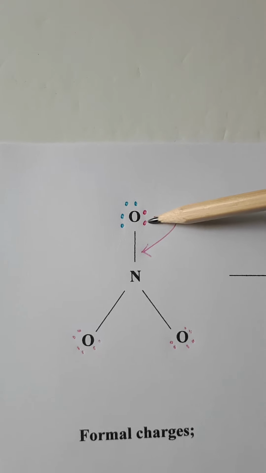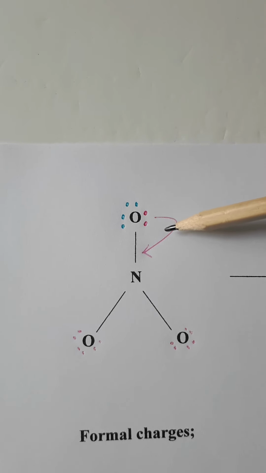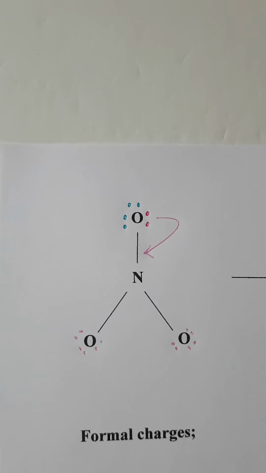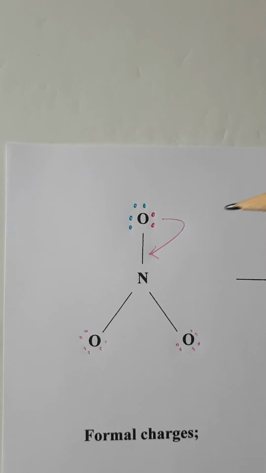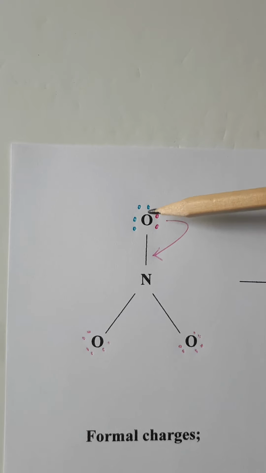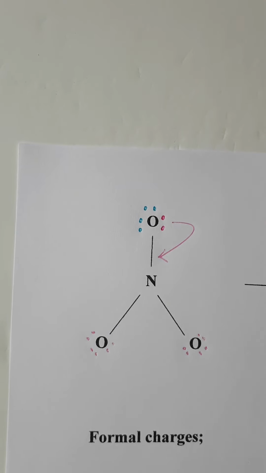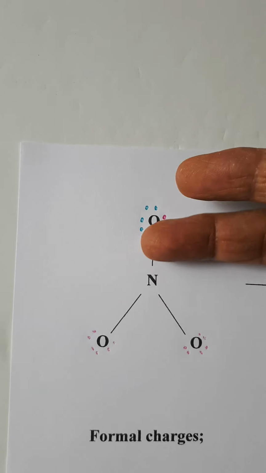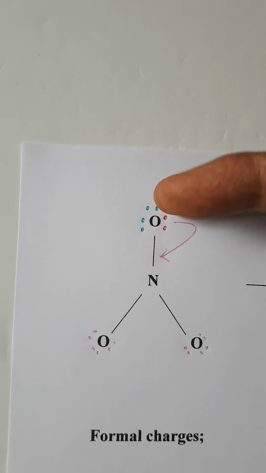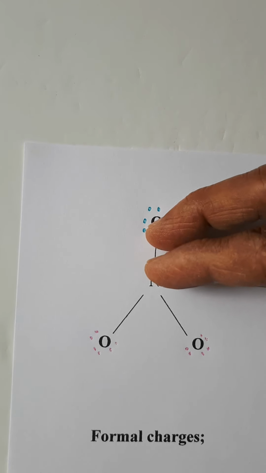These red colored electrons will come here and make a double bond. Now see, right now these 2 electrons that I have shown in red belong to oxygen only. It is not in the bond. So it will come down here to make a double bond like this. If I can use my 2 fingers to represent the 2 electrons, it will go like this to make the double bond.